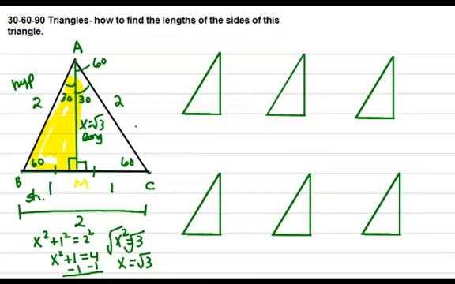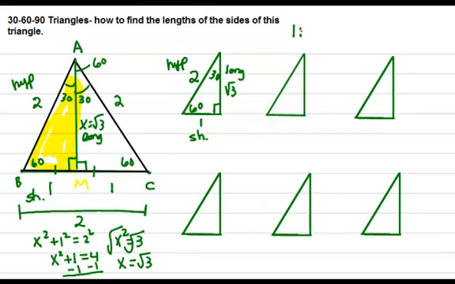Now I'm going to take my yellow triangle numbers and move them over to this smaller triangle here. This angle was 30, this was a 90, and this was a 60. My sides, my hypotenuse again was 2, my short leg was 1, and my long leg was the square root of 3. Now it doesn't matter whatever sides your 30, 60, 90 triangles start off with, your sides are always in the ratio of a 1